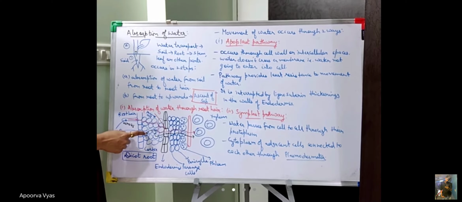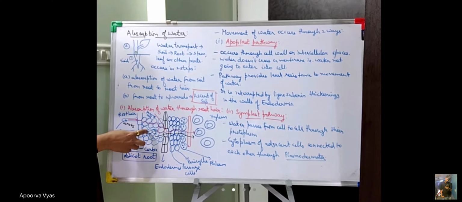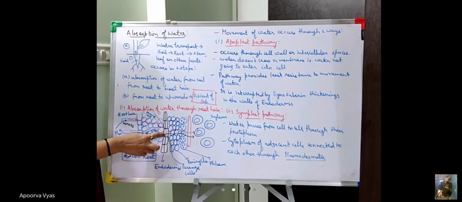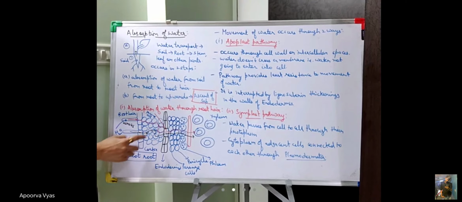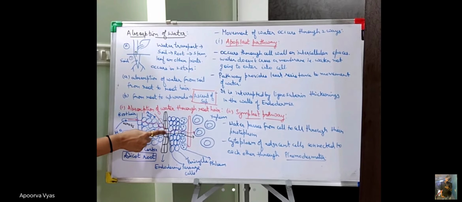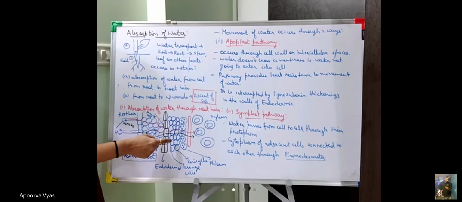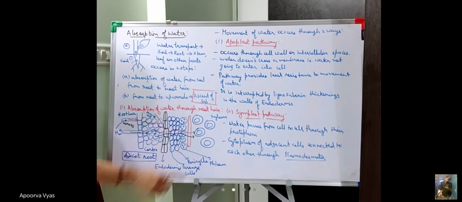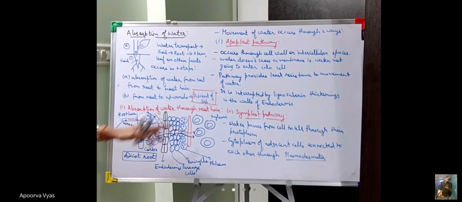then the epidermis, then through the cytoplasm of these cortical cells, and then यहाँ पे endodermis में obviously it has to pass through the passage cells. It cannot pass through these Casparian strips. तो यहाँ पे जब passage cell से pass करेगा, again through the cytoplasm of these pericycle cells, and then the phloem, and then eventually the xylem. ठीक है, so these are the two mechanisms.